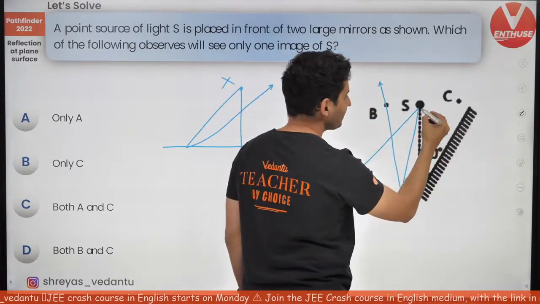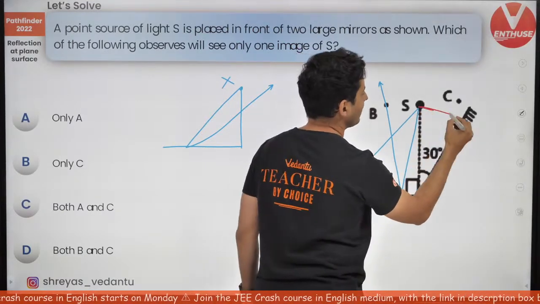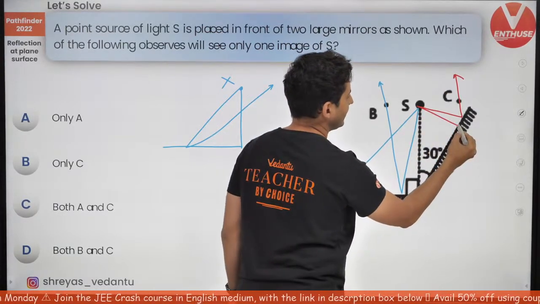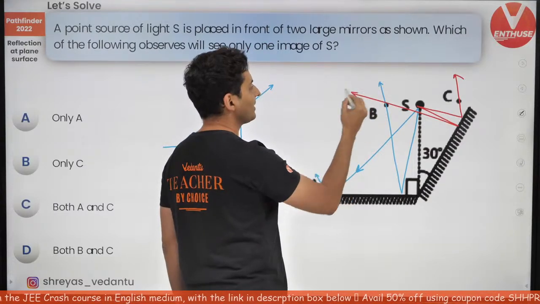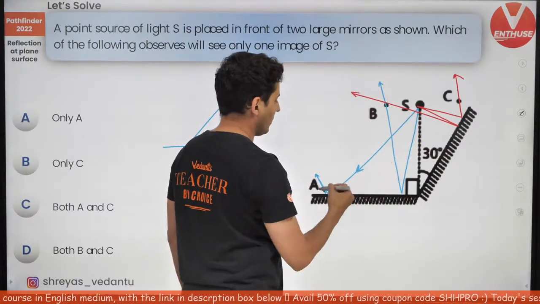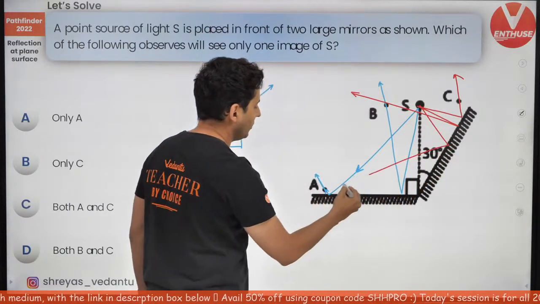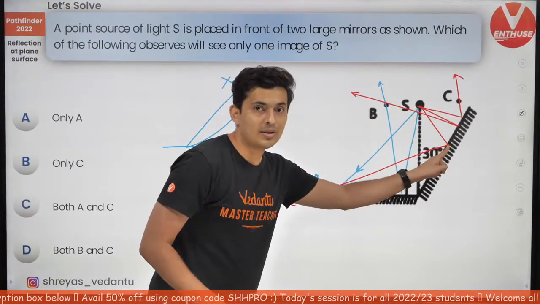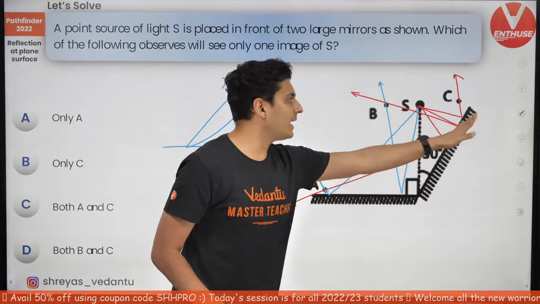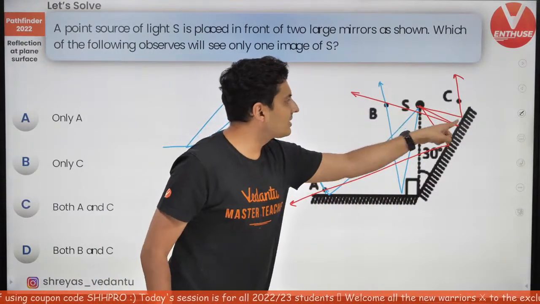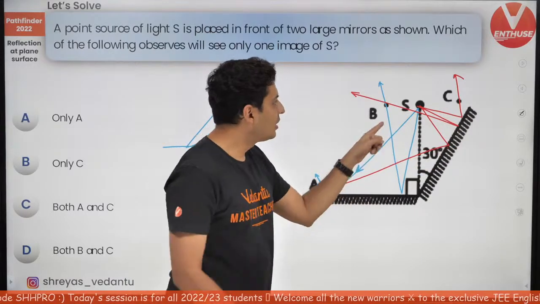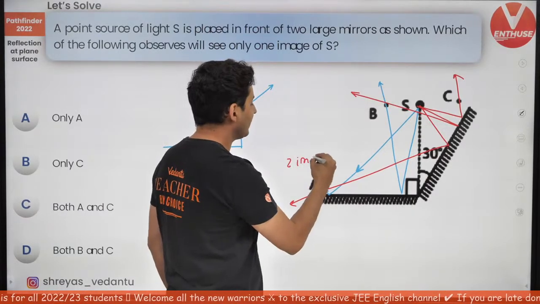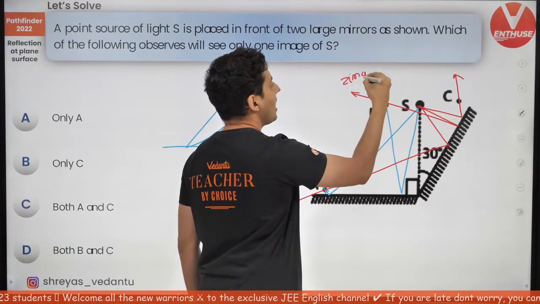Fair enough. Now, there are more rays that I can draw. Look at this. The rays coming from here can pass through C like this. The rays coming from S can get reflected from this mirror and also pass like this. Very interesting, going like that and going like this. So do you see A can also see these rays reflecting from the other mirror? B can also see the rays getting reflected from the other mirror. Look at the rays, blue and red, blue and red, blue and red. So here you have two images at least. Here you have two images at least.